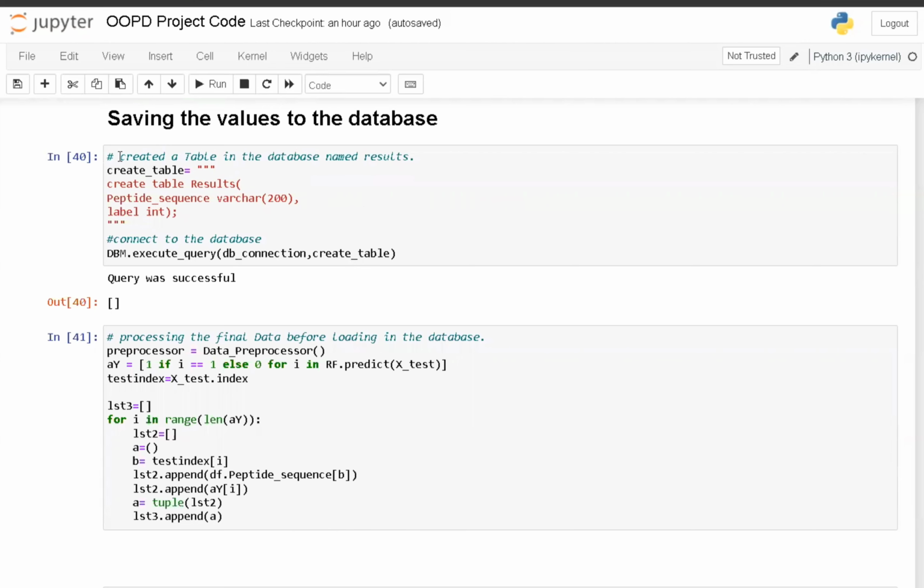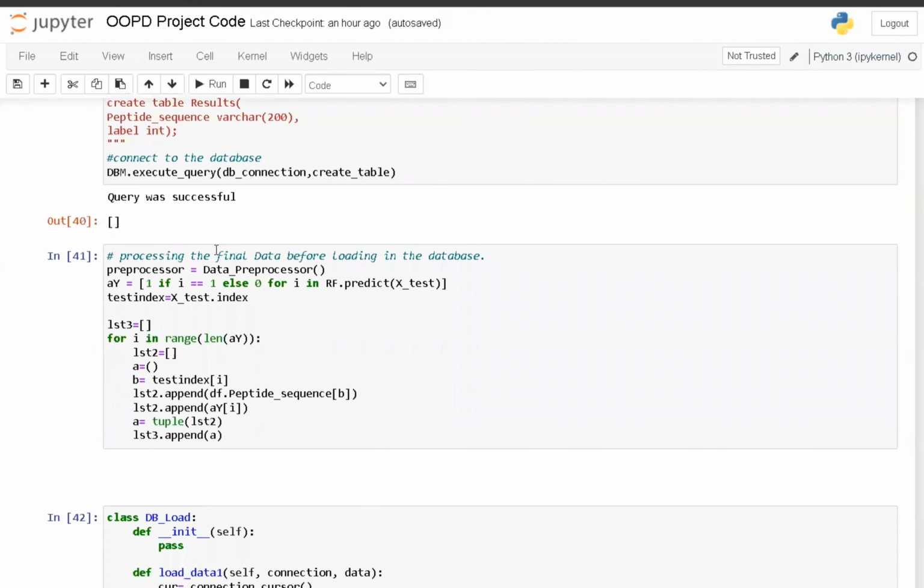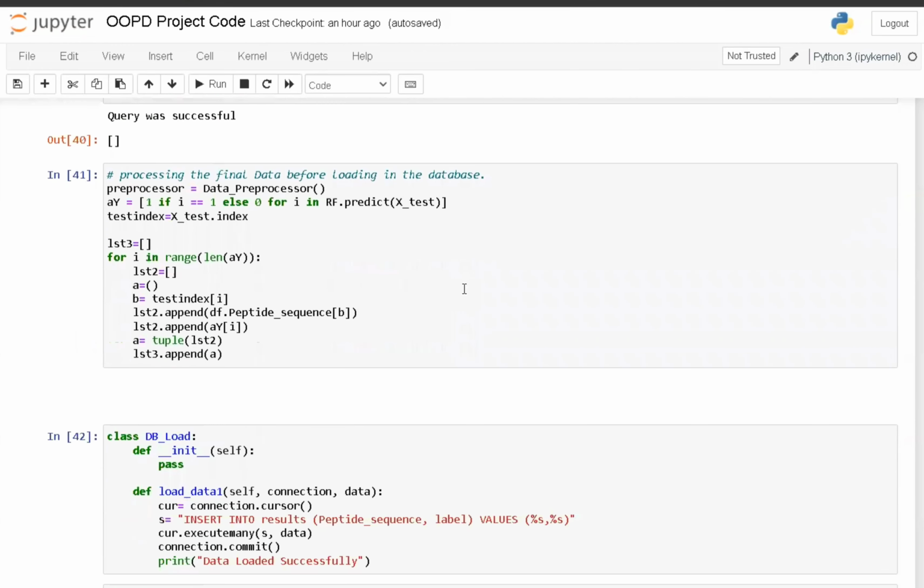At the end, we have to save the values to the database. We created a table named result, in which we stored our final data before loading it to the database.